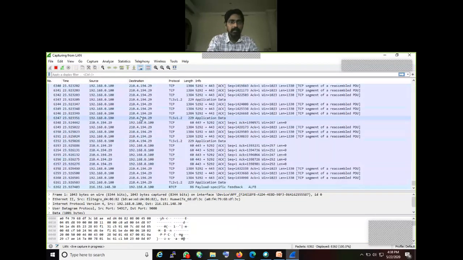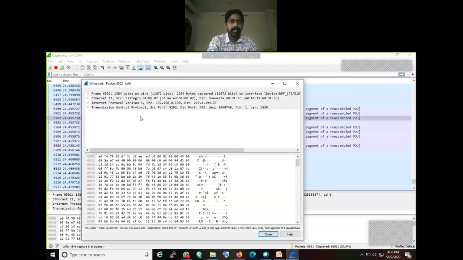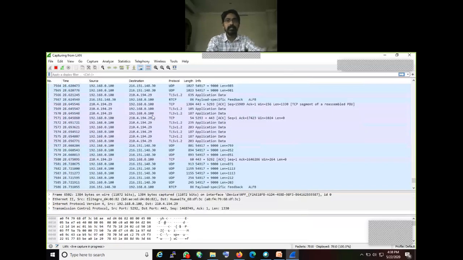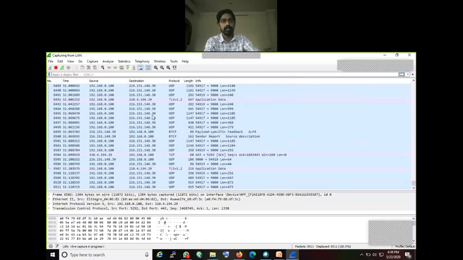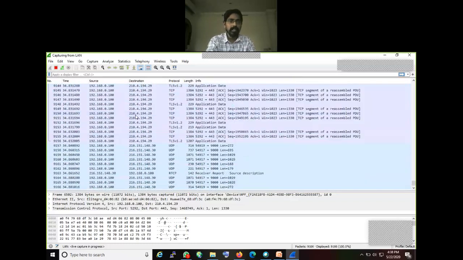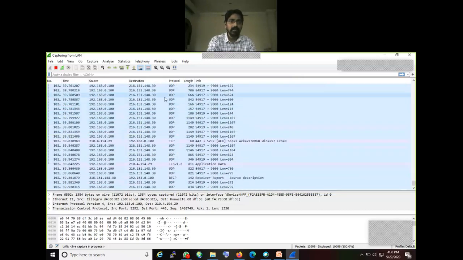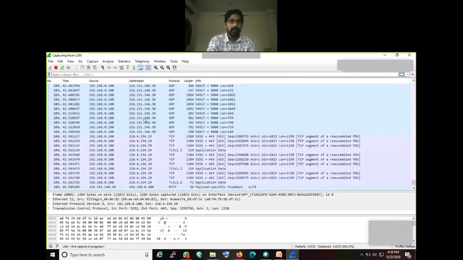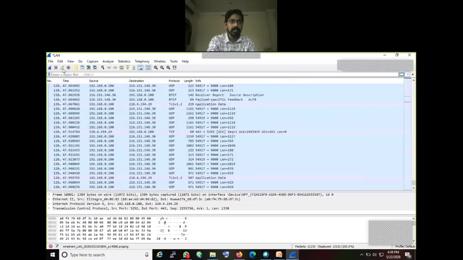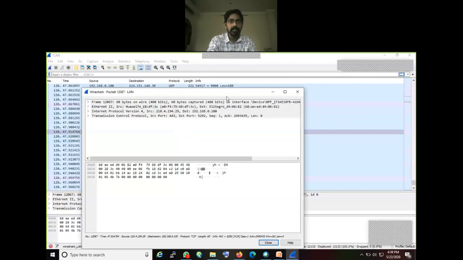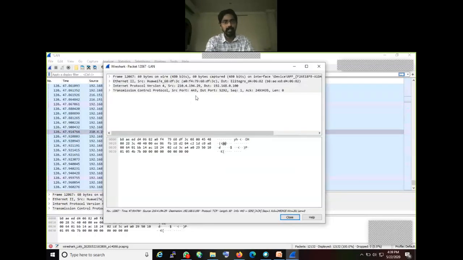I'll double click any random frame, right? So this many activities were going on in the background of my system. First I will take any one TCP. Don't go with UDP, because TCP is reliable. First select any TCP. I'll stop the capture because it's changing. Right, I got a TCP. I'll double click on this one. So here I got different things I had captured in my Wireshark.